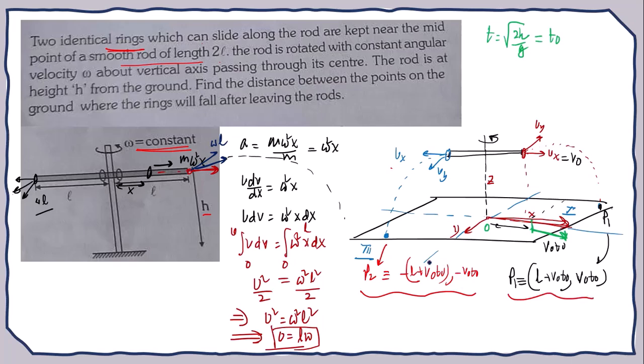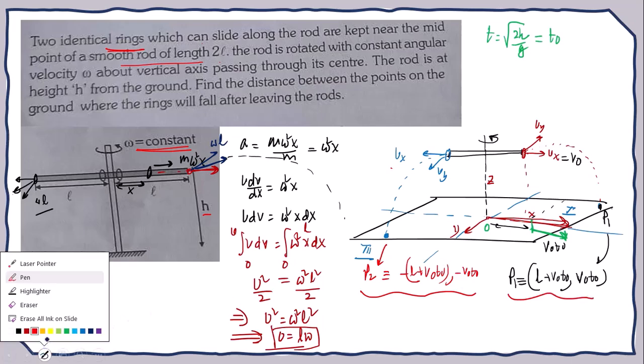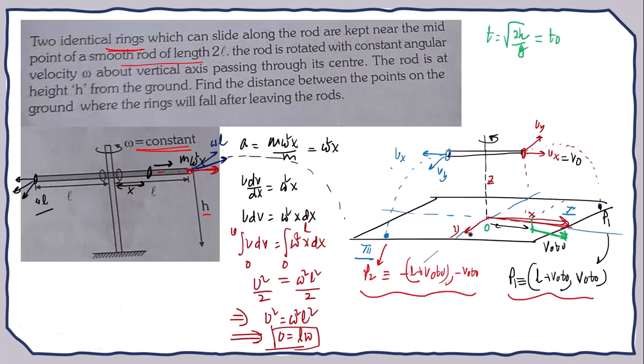So simply, I want to calculate the distance between the two points whose coordinates are given. So that means I want to calculate this distance, diagonally. So the coordinates should be added up. This number minus this number is (L + V0 T0) whole square plus (V0 T0) whole square, that is the distance. So the distance P1P2 is equal to how much? Square root of,